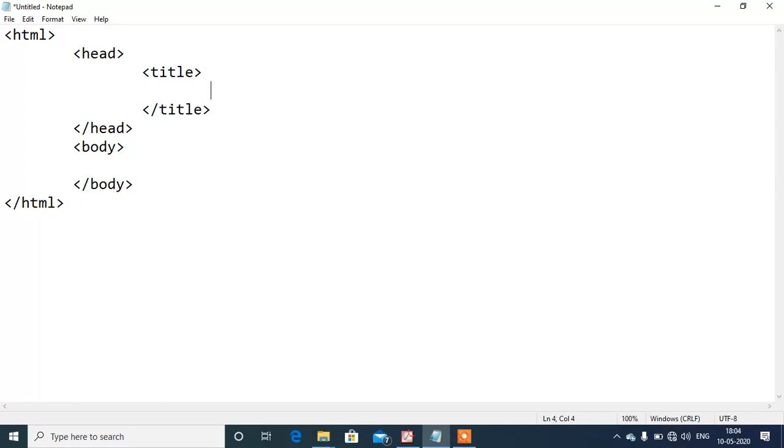Now, in between the title, I am giving the title the use of HTML tags, and in the body section I am going to write some characters.